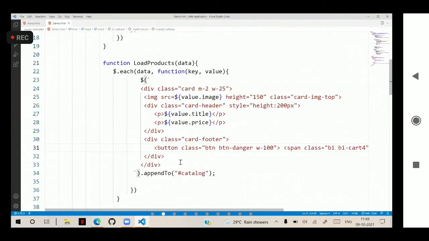Now how do we write code for that button? On add to cart button click, it should add that item into the shopping cart and display it in the shopping cart.